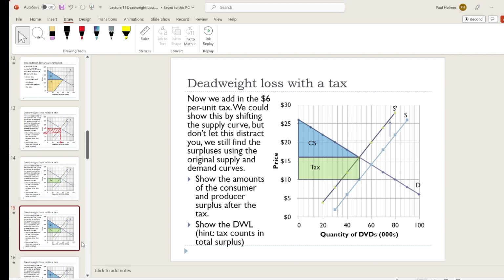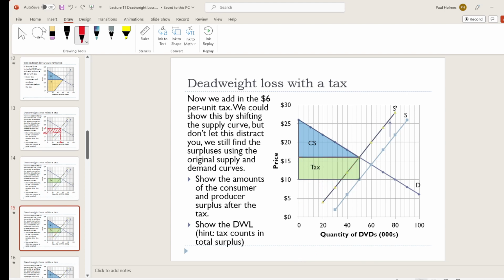Producer surplus is a little bit trickier. It's the area between the price the sellers receive and their cost of production. Now we could do this in two different ways. We could think of that as being with the tax or without the tax. We could think of the $16 being the price the sellers receive, but they have a cost of $6, so the supply curve represents their cost, and now that area in there going down wherever we stop it, that is our producer surplus,